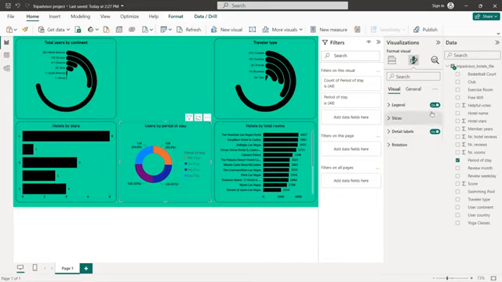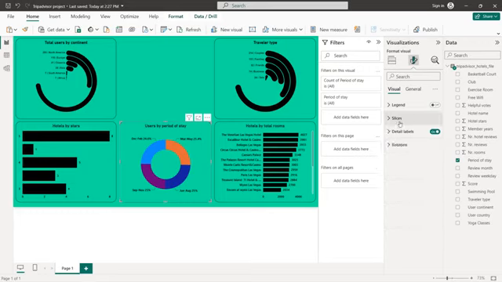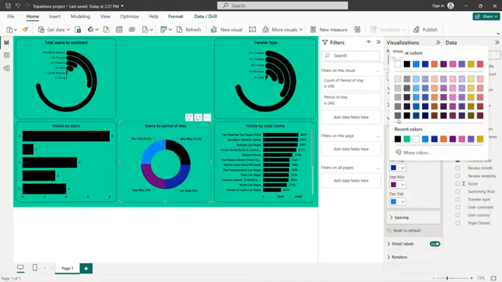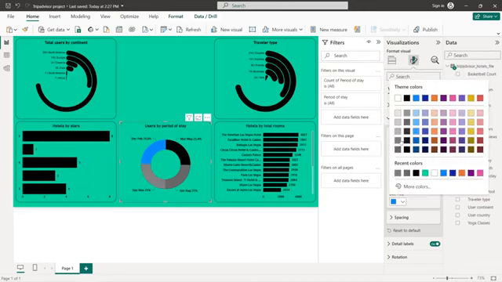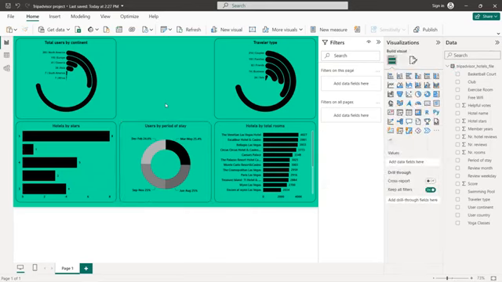and for the legend, it will be off. For the labels, we have the category percent of total, and also we are going to change the slices. So for example, we have black. Next. Okay, so like that we have our donut chart for users by period of stay,